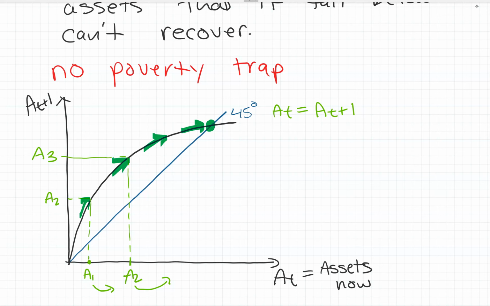Okay, so if you start below here, then you're just going to catch up. Eventually, you're going to get back to there. Okay, so you're going to keep growing. And then if you started above for some reason, you wouldn't be able to maintain it, right? So if we gave you 5,000 goats, you're not going to have enough land and resources and water and everything else, and find the labor to take care of them. So your goat herd is going to get smaller and smaller until it reaches this. But there's going to be a steady state.